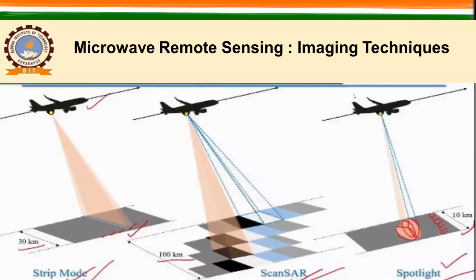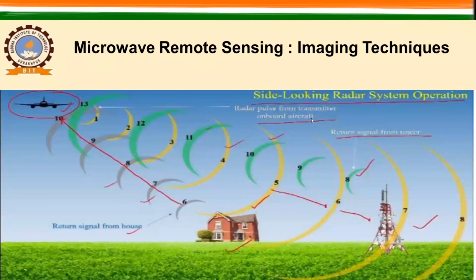Now, when we are moving towards our next slide, let us see that in microwave remote sensing, it is interesting to know about the side-looking radar system operation. In this slide, let us understand this particular flight is carrying an active remote sensing sensor. It will start illuminating, or transmitting, the microwave signal, which will subsequently reach your target. Once it has reached this particular position, it has already interacted with the first object, right? And as soon as this object gets this transmitted signal, what will happen?